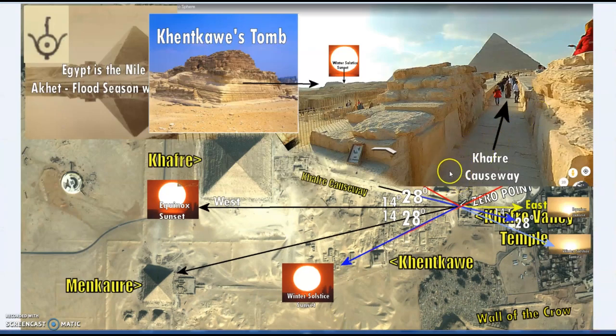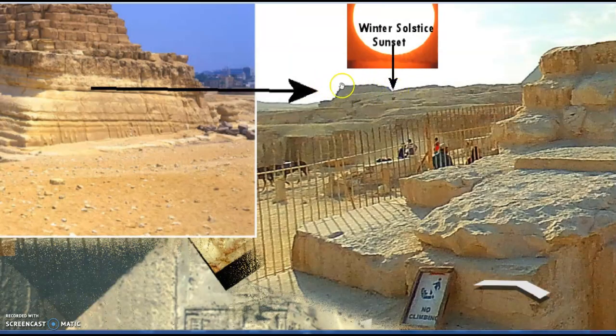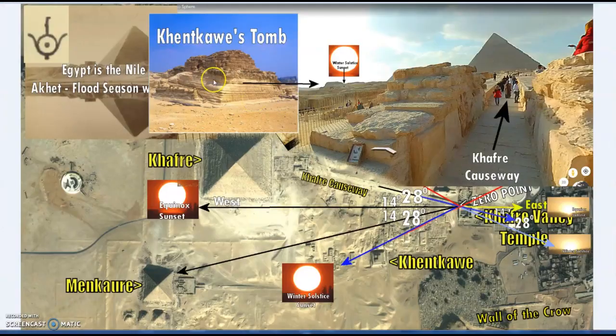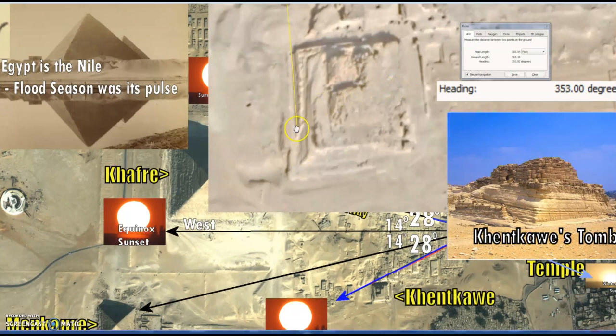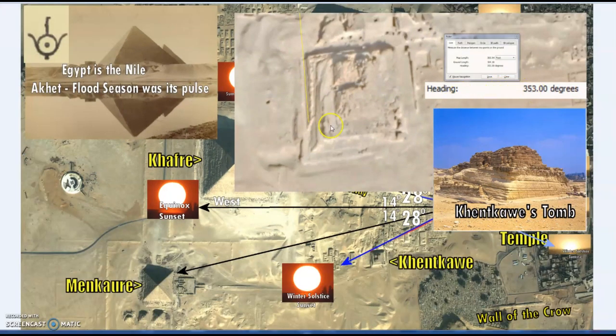So this is from the Google Earth shot just after you walk out of the Khafre Valley Temple and would start making your way up the causeway. There we see Khentkawes, and the winter solstice sunset would be nicely right there on that corner, Khentkawes's tomb, 28 degrees. But another very important feature of Khentkawes, which links it to the larger plan, is that, take that edge, this was off Google Earth, it's 7 degrees. Unlike the pyramids which are aligned to the 4 cardinal points, there is a twist in Khentkawes's design, and run that north at 7 degrees, which very closely,